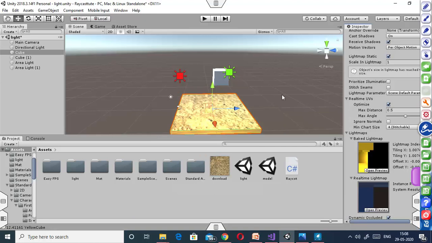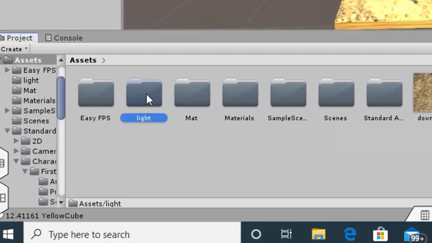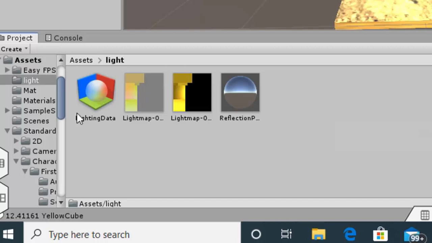Okay, so baking is completed. So here you can see that one more folder is created with the same name as the name of the scene. In this particular folder you can see a light map is created. It is very necessary for a baked scene that the light map must exist in your asset folder.